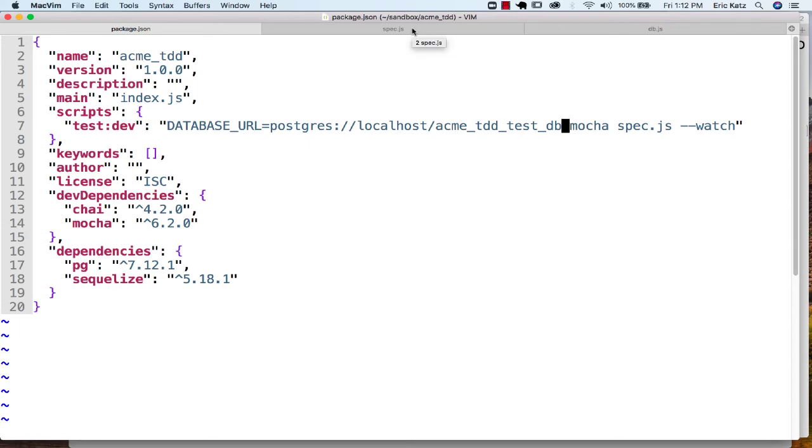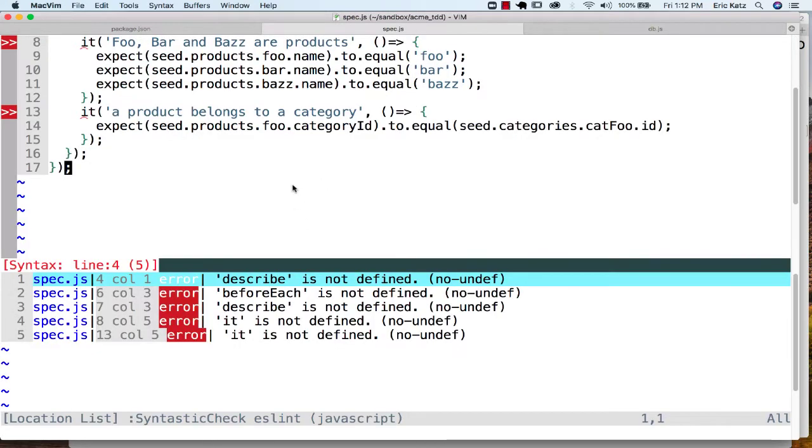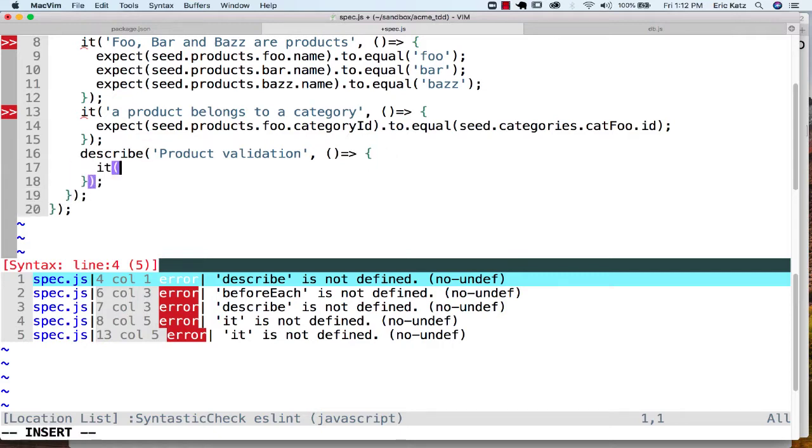So let's do a little bit of validation testing. Right now, we really don't have any validation on our name, but let's write an expectation. We could describe product validation, and some interesting things will happen here. Let's just say that name is required,